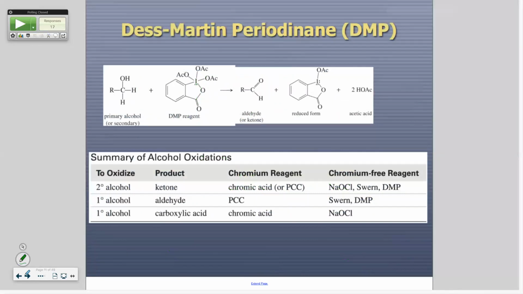I can't win. Okay, this is the DMP. This is one of the new ones. Notice that there's an iodine in here, and look at all the things attached to it. And it has a lone pair on it. It breaks like all those little octet rule things. Okay? Remember, some of the elements will do that. Iodine, chlorine, phosphorus, sulfur. Okay. Well, somebody used that, and look what you make. This is the reduced form. You need to know the DMP reagent. I'm not going to ask you to spit out that structure. Okay?